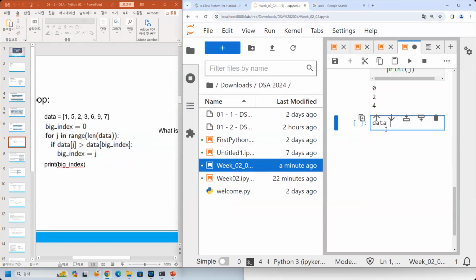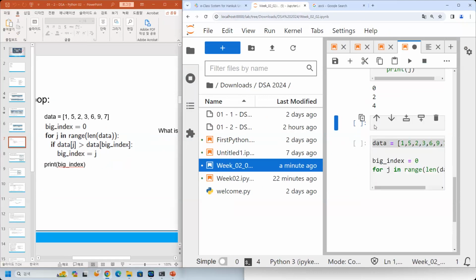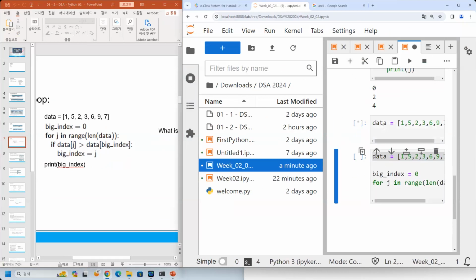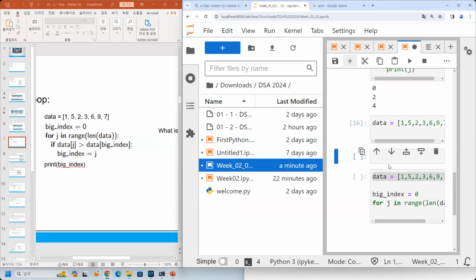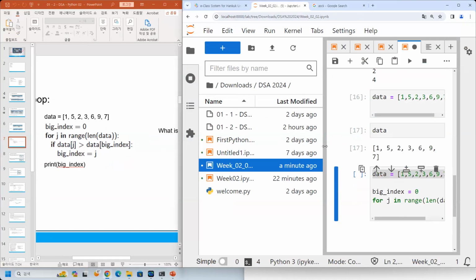The data equals 1, 5, 2, 3, 6, 9, and 7. And then big index equals 0. For j in range of length of data. What is length of data? If I have the data 1, 5, 2, 3, 6, 9, 7,